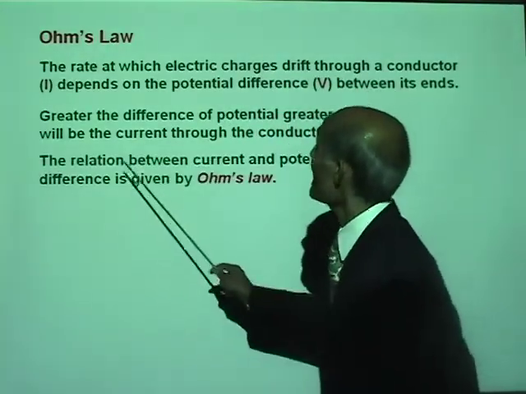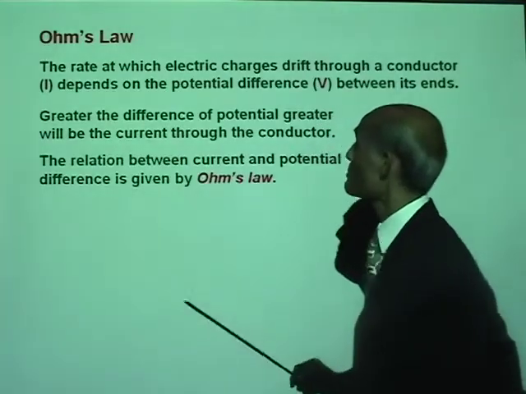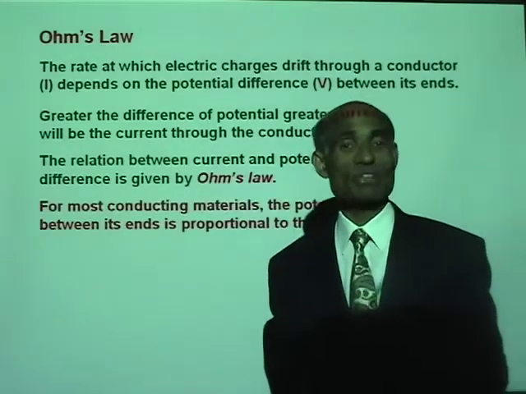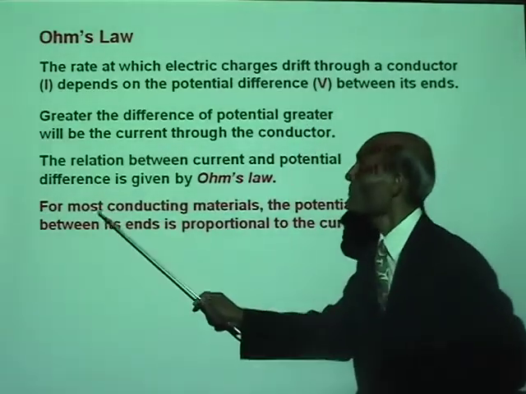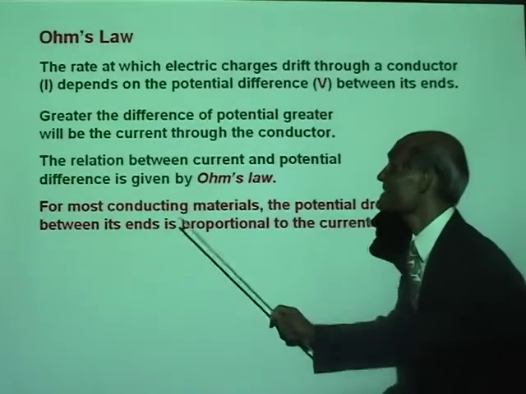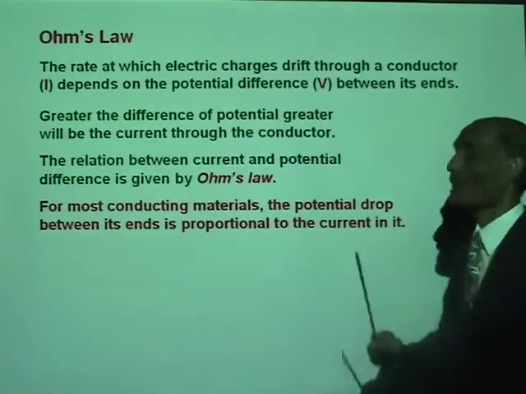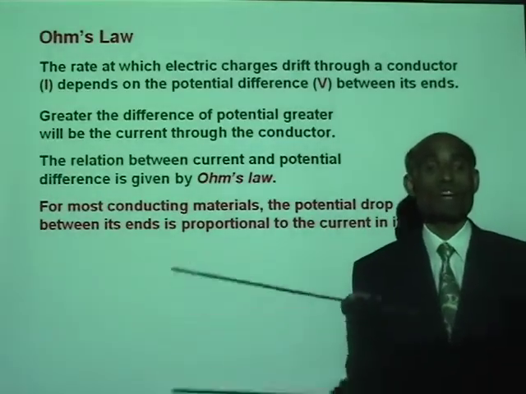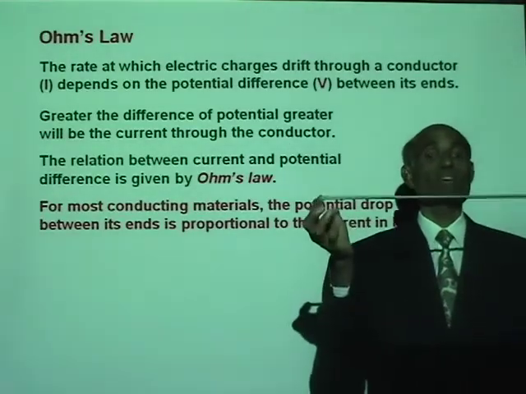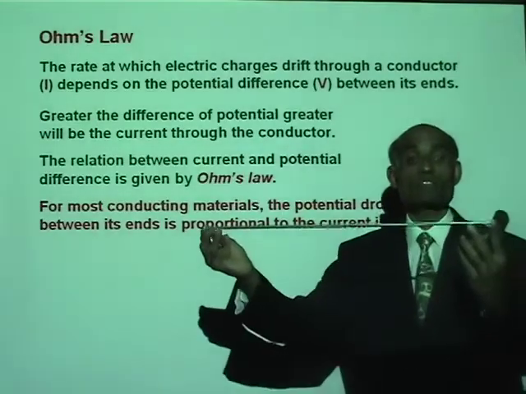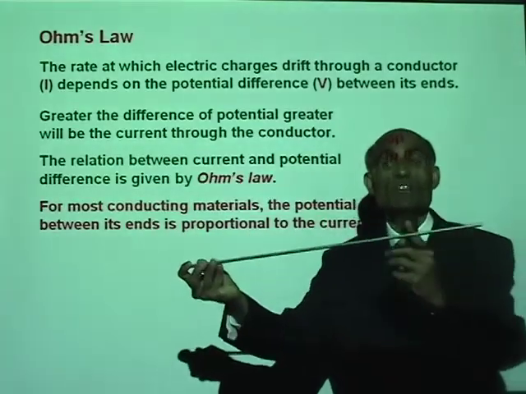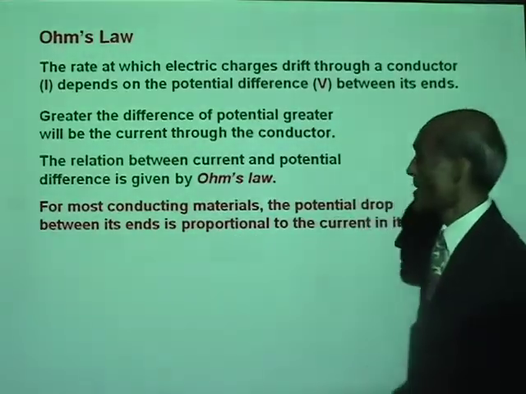Now the relation between the current and potential difference is given by Ohm's law. So what does Ohm's law say? Ohm's law says for most conducting materials, the potential drop between its ends is proportional to the current in it. If you want to increase the current in a conductor, you increase the potential difference between its ends. So increasing the potential difference between the ends of a conductor will increase the current flowing in it. How do we write that